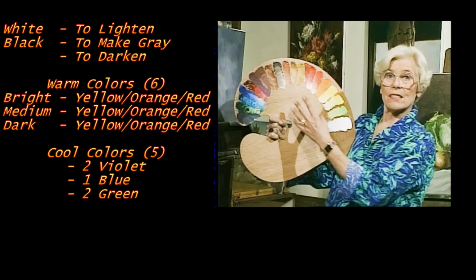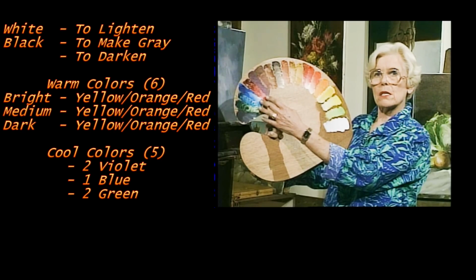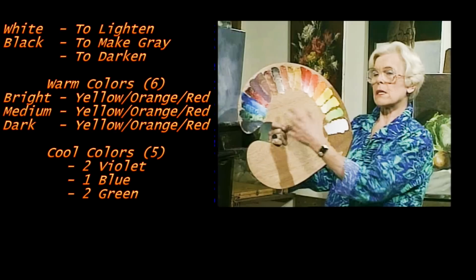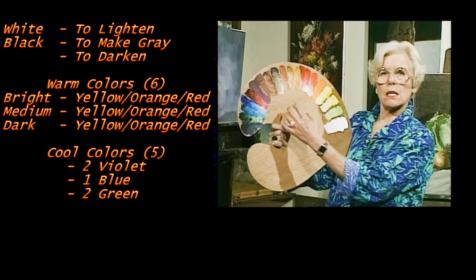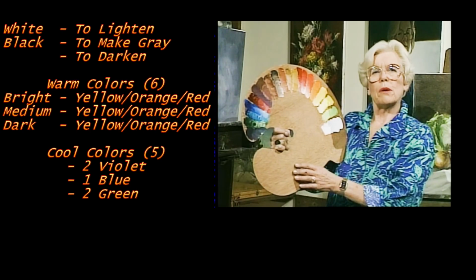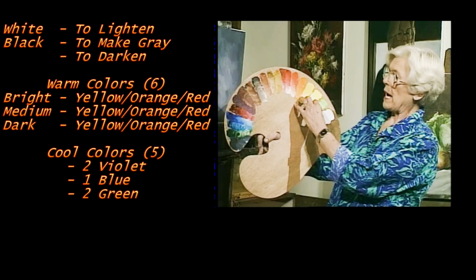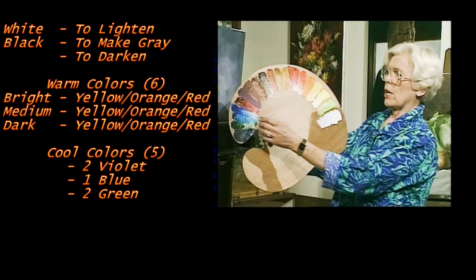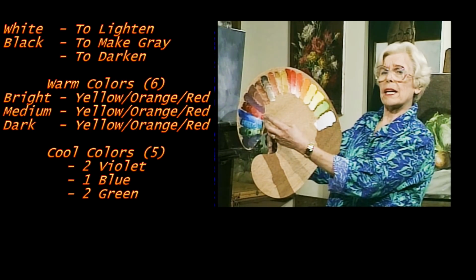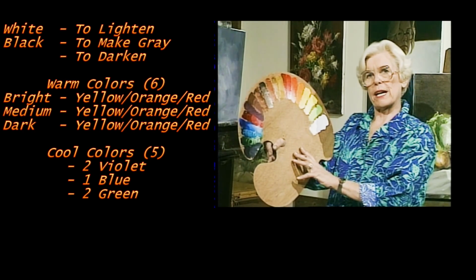I don't have to get them brighter; they're bright as they are. My main problem in working with these colors is to get them less bright. And so I do that by mixing a tone of gray and mixing these colors in it. These cool colors are grayed down or dulled by mixing into gray. And so that's why I have the palette arranged this way: bright, medium, and dull. Warm colors, dark but brilliant cool colors that I can vary by making them light and bright with white, or make them lighter and duller by mixing them into gray.